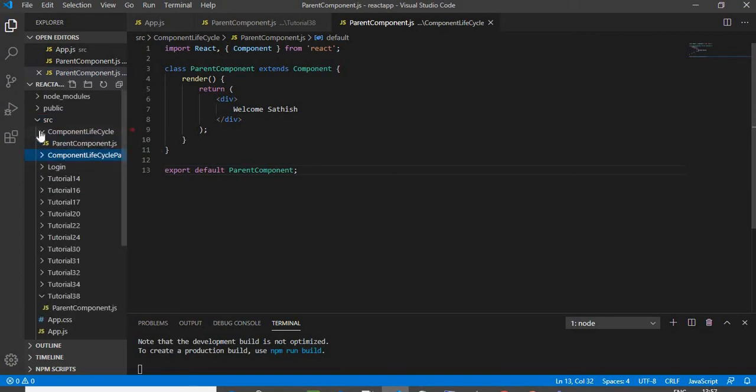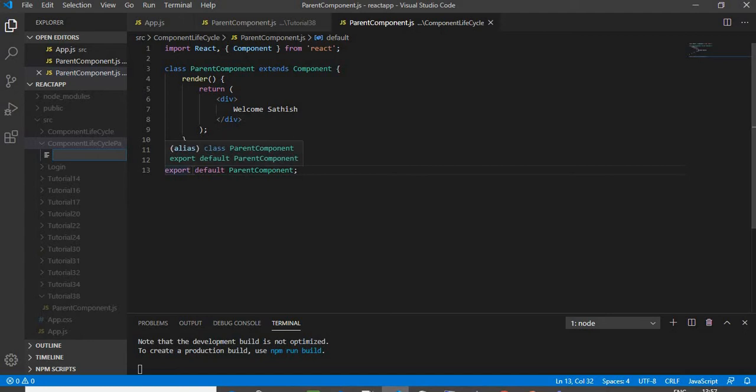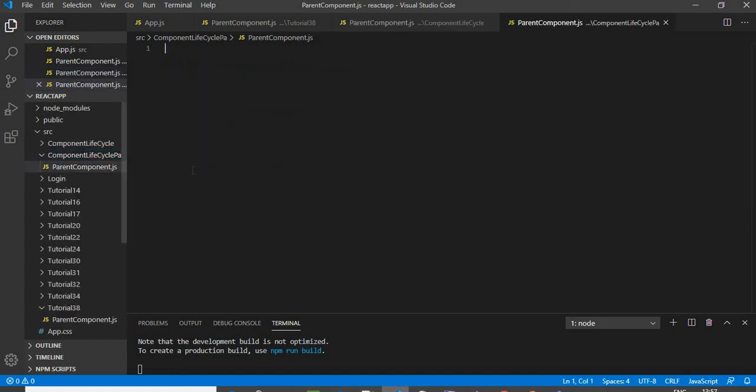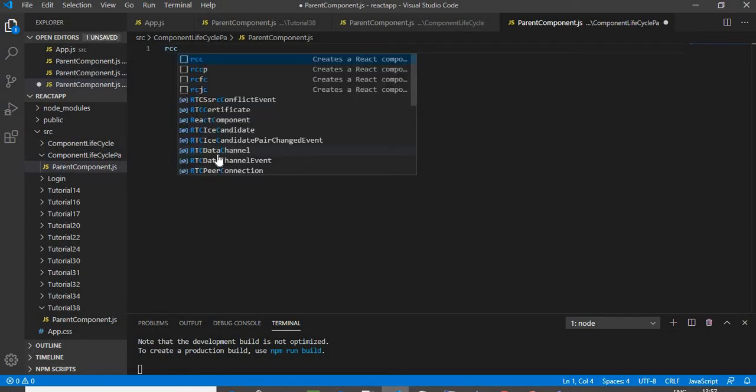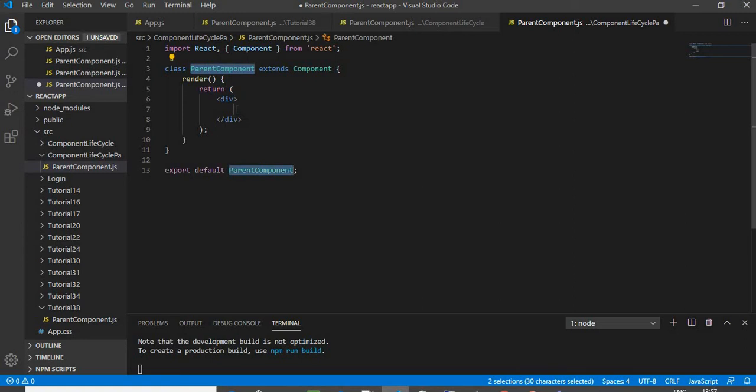And inside this folder, I'm going to create a new file and name the file parent component. I'm going to use a code snippet called RCC to create a class component. And inside this class component, I'm going to mention my name and save it.